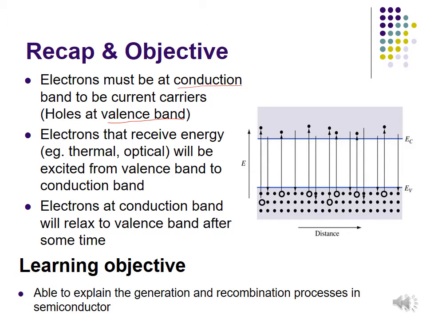We also have learned that when the temperature is very low, the electrons are mostly at the valence band. At room temperature, some electrons will have energy to jump from valence band to the conduction band. So, electrons must have energy, for example, thermal or optical energy, in order to jump, or we call it excited, from valence band to conduction band. And the electrons at the conduction band after some time will go down, or we call it relax, from conduction